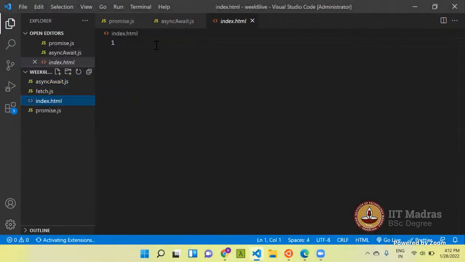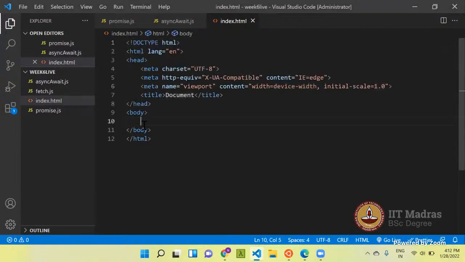Inside this index.html, I will create a template and attach this script fetch.js.